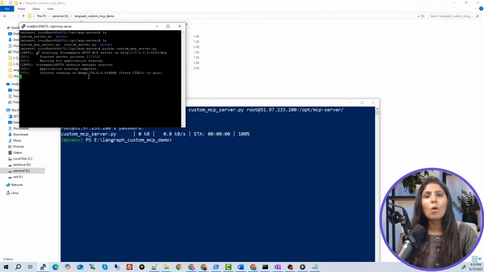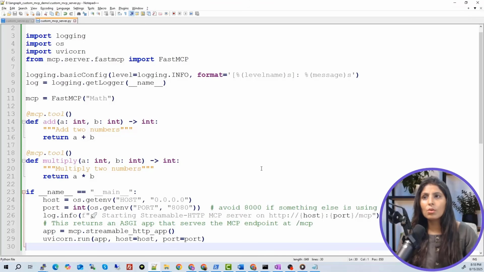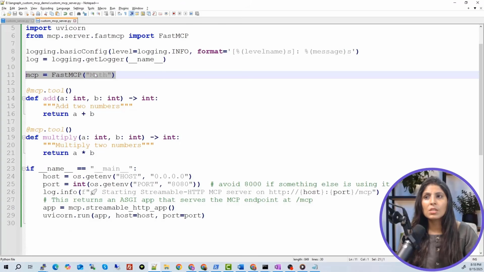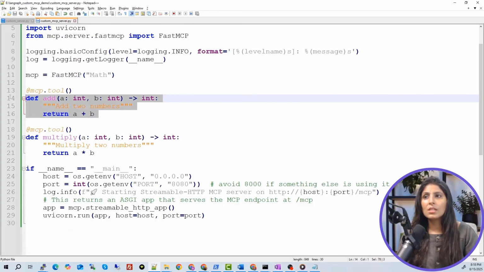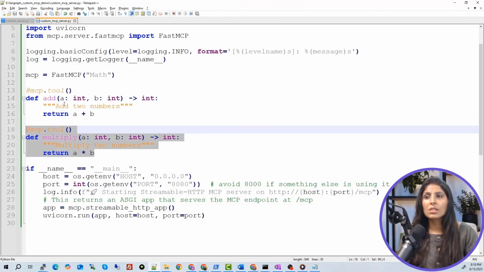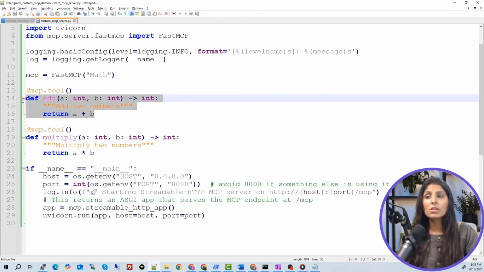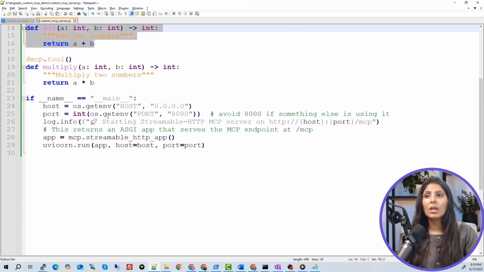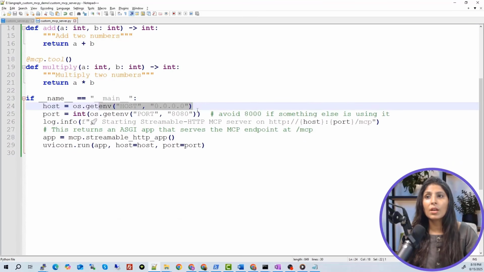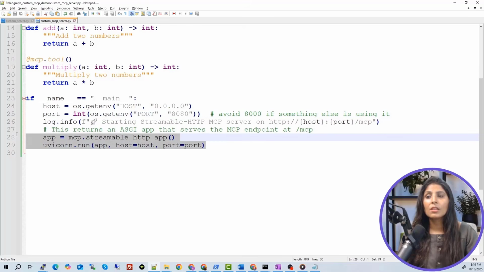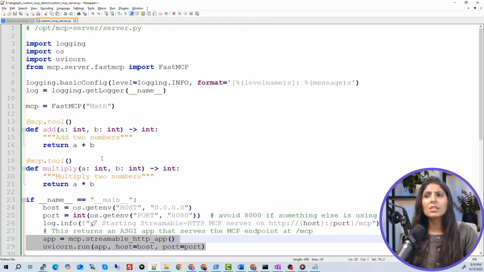So guys, the code is almost similar to what I showed you in my last class. So let's open the code. This is the code, see, custom MCP server. Our custom MCP server name is math, and these are the two functions we have in it. This @mcp.tool is a decorator which will register this function as an MCP tool to this MCP server, and when you are running it, you are providing the host and the port. So that's it guys, this is the code. It is similar to the code we discussed in our last class.